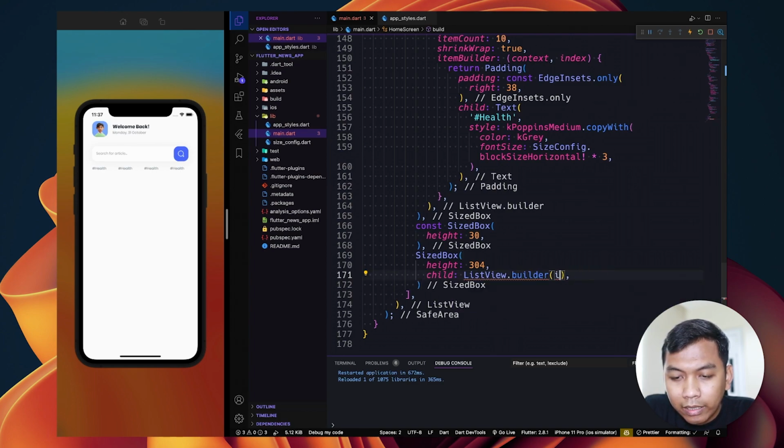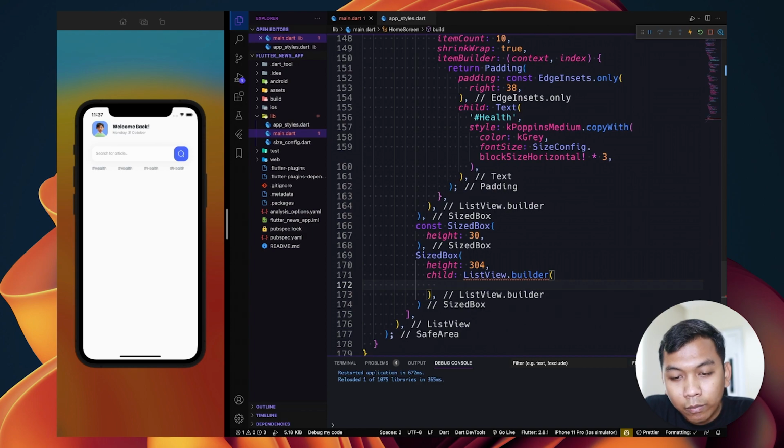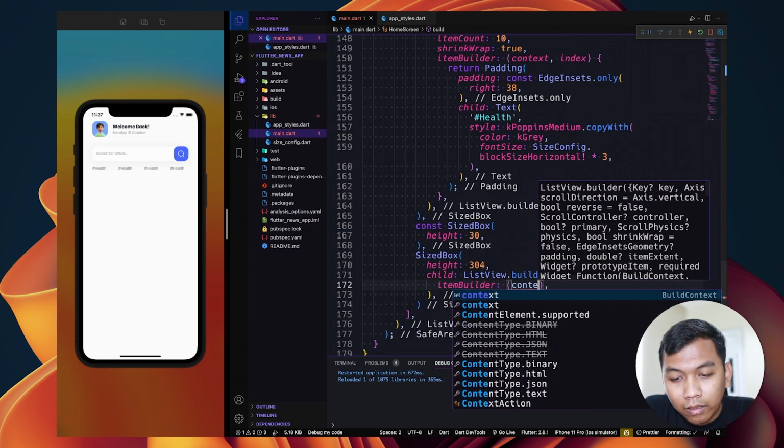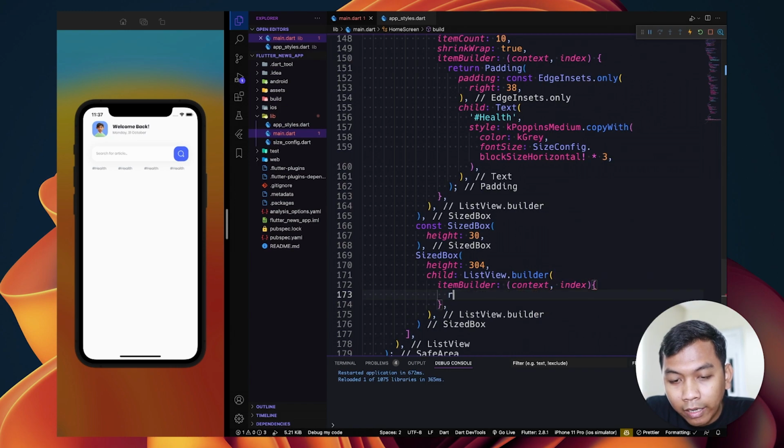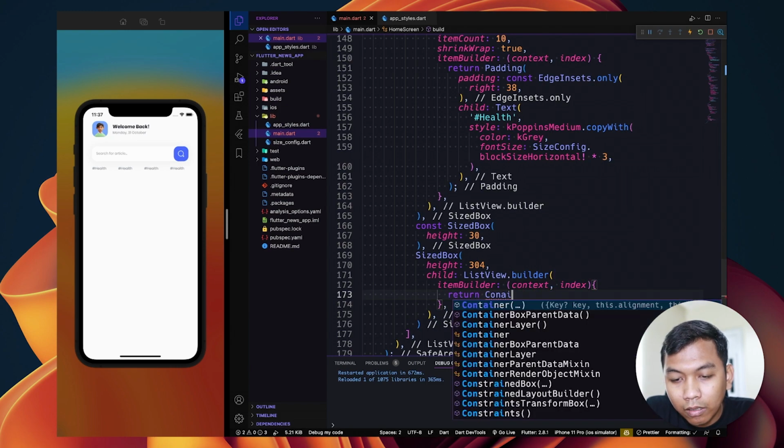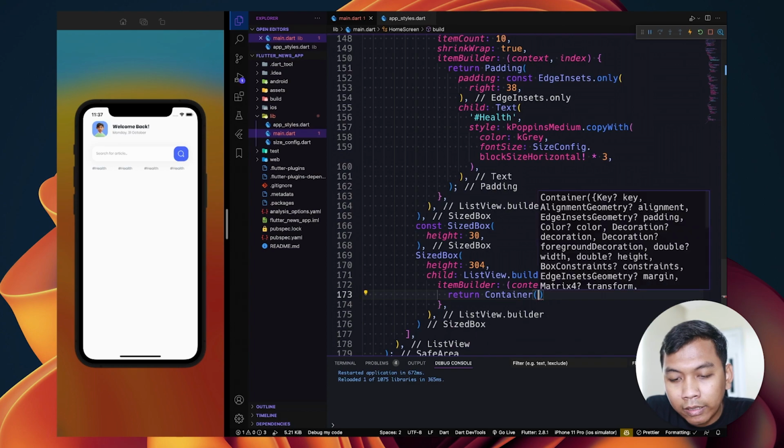And as I said previously, the list view builder needs item builder, and we need to say item context and index, and we need to return widget here. So let's return container.